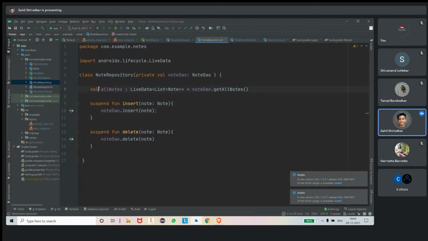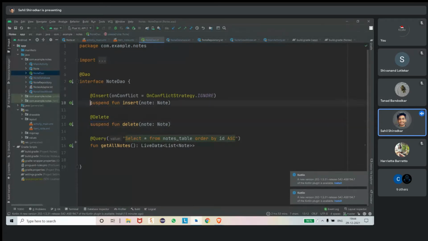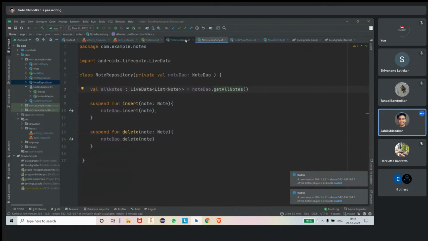First thing, we made all nodes. That will call nodeDao.getAllNodes, and it will implement this query, that is select star from node_table order by synchronous. Then we are implementing the insert function which we made in the node DAO.